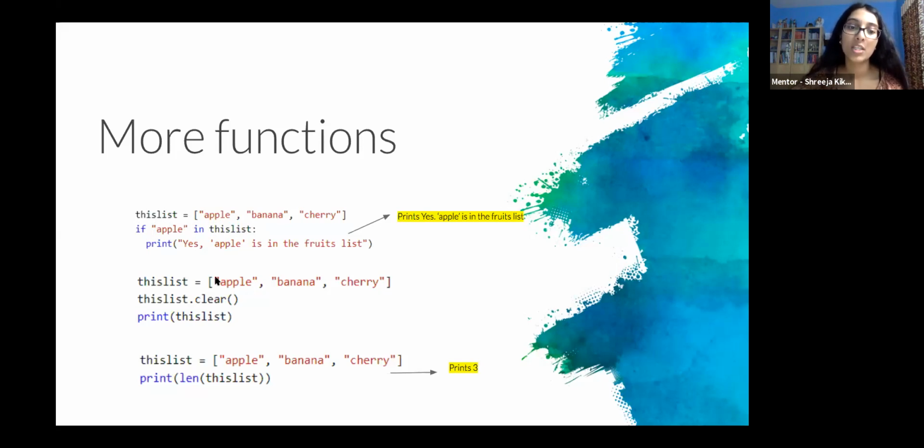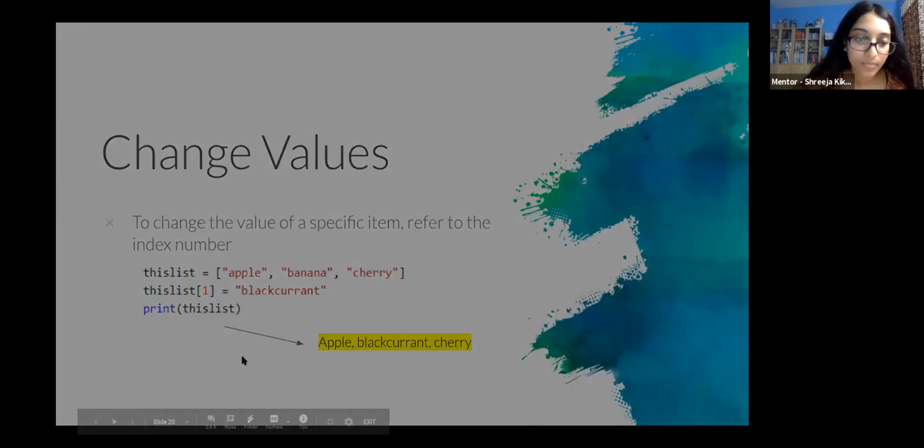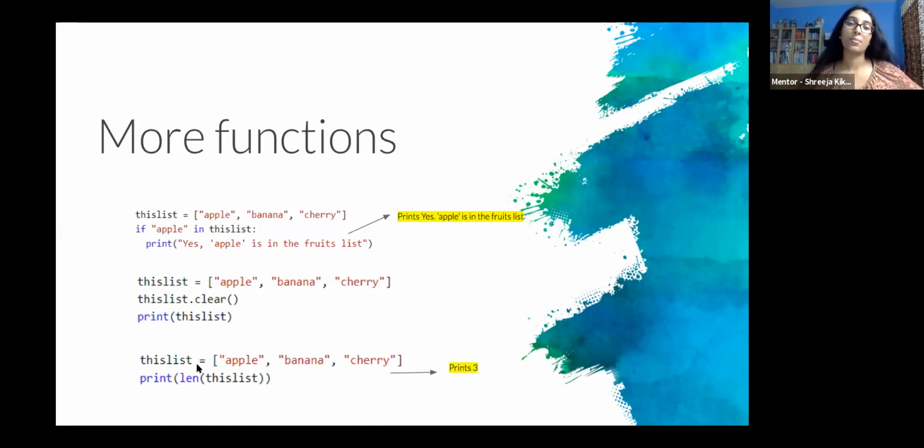Suppose you're done grocery shopping and you want to clear your list and delete everything so you can set it up for the next grocery run. The easiest way to do this is to use whatever list you're referring to .clear, and it'll just empty out the whole list. And also, if you want to do something in a for loop, for example, and you want to iterate a certain number of values,